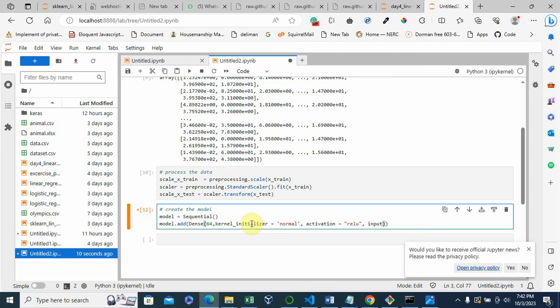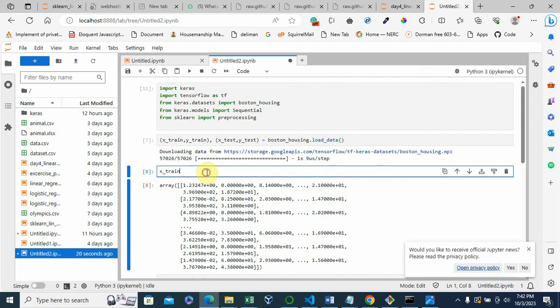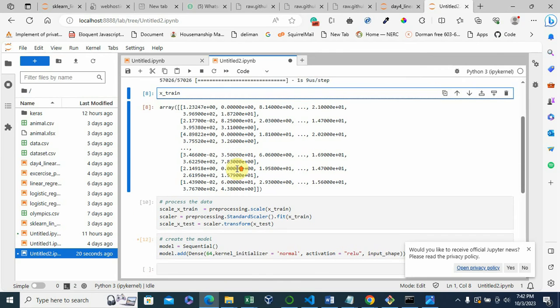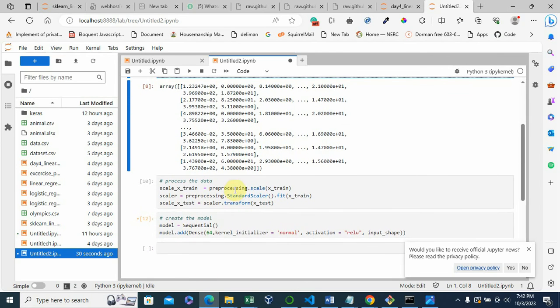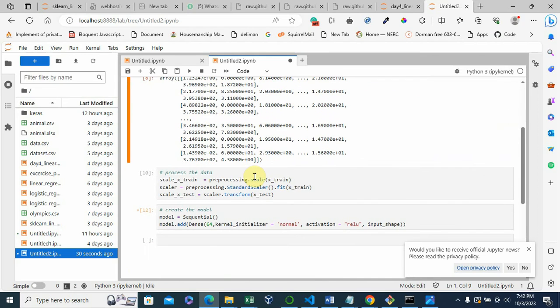So we have input shape, that's the shape of your input data. So first off, let's get this input shape. Rather than doing this, let's say we want to get out the shape of the data, string dot shape.